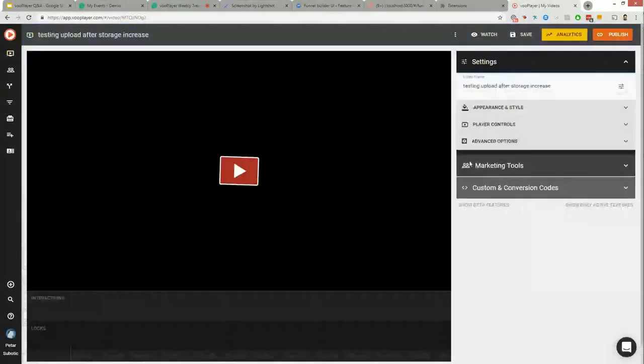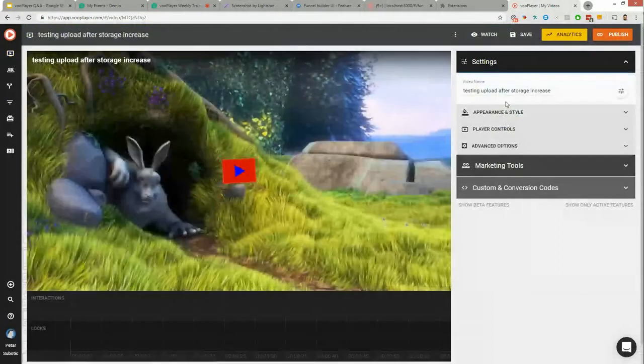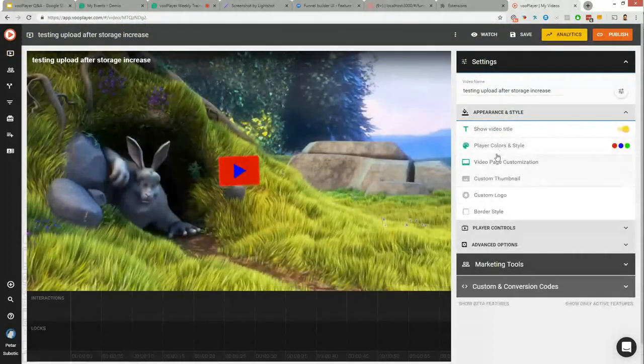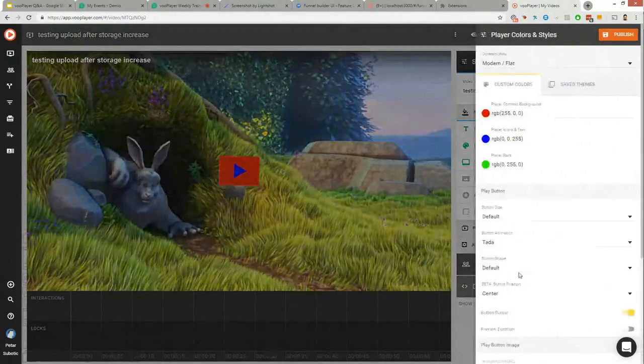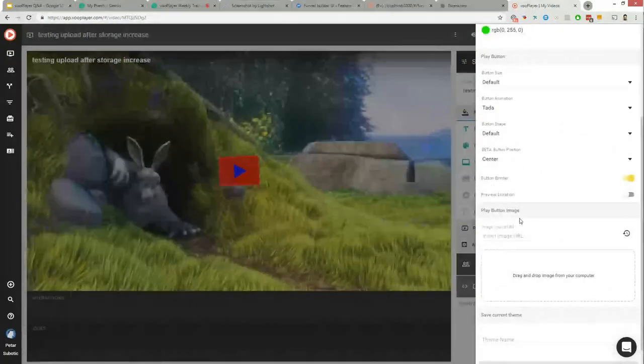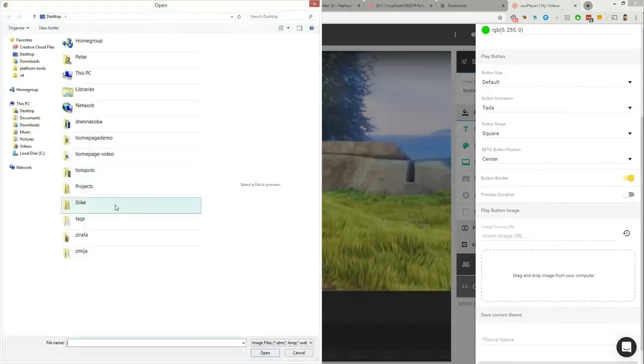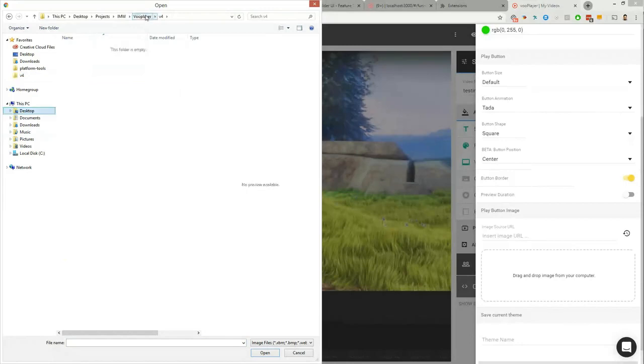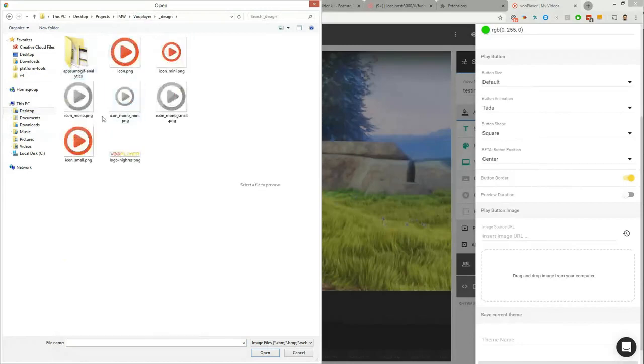So let me just go back to this one. And so appearance and style, player colors and style. I want to provide a circle or square, doesn't matter. I just want to provide a square image, and I can grab one from here.